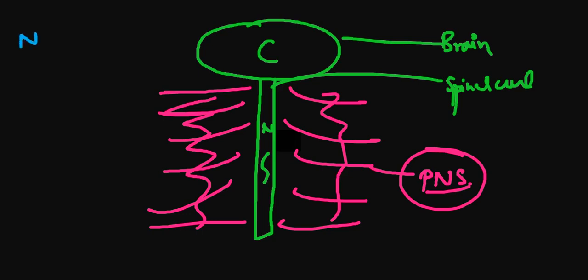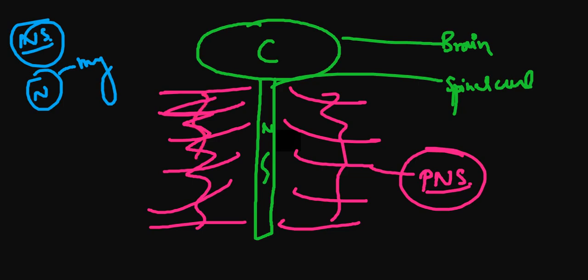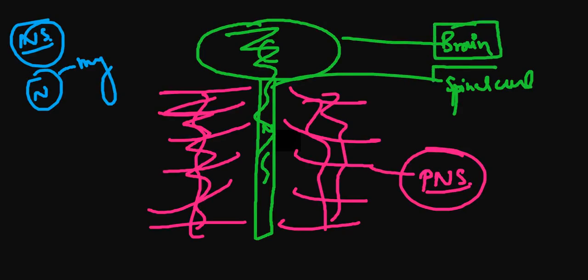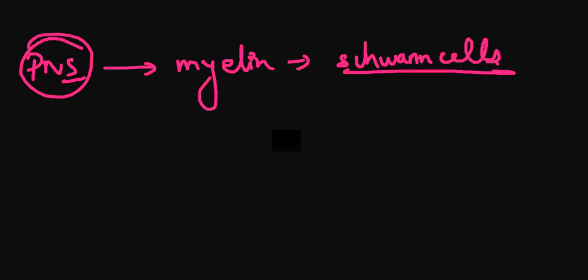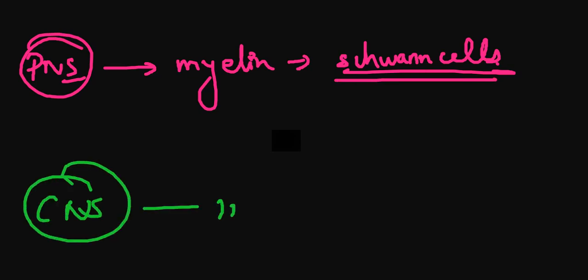Now, in the nervous system we have neurons, so every neuron will have the myelin sheath. There are neurons in this segment as well, and in this segment as well. Now for the green segment, the brain and spinal cord, who is making the myelin sheath? And for the pink segment, the PNS, you can remember PNS with the pink color as well, who is making the myelin sheath? The myelin sheath is prepared by the Schwann cells in the PNS, the peripheral nervous system, and in the CNS, the green version, the myelin sheath is prepared by the oligodendrocytes.